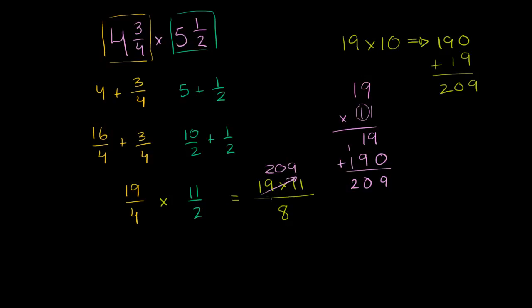And that is the right answer, but we've written it as an improper fraction. Now we can convert it back to a mixed number. So we want to convert 209 over 8 to a mixed number. That's the same thing as 209 divided by 8. So let's just divide 8 into